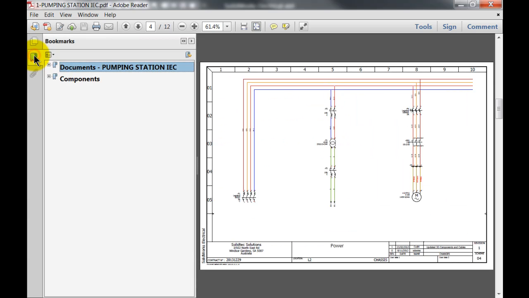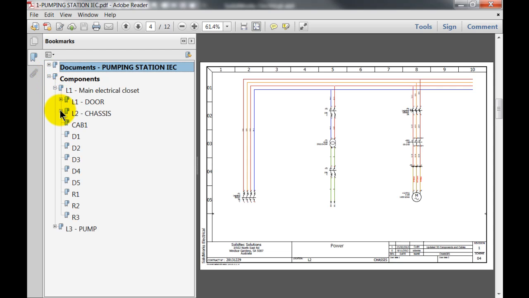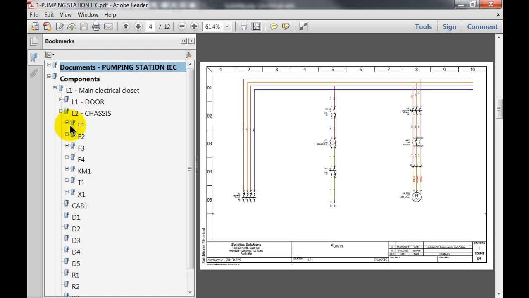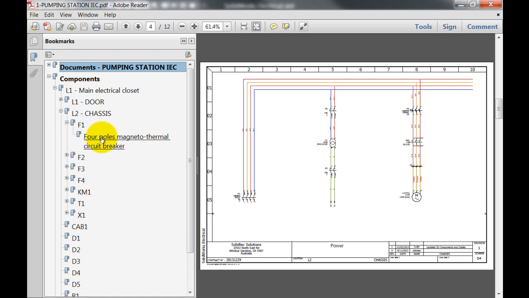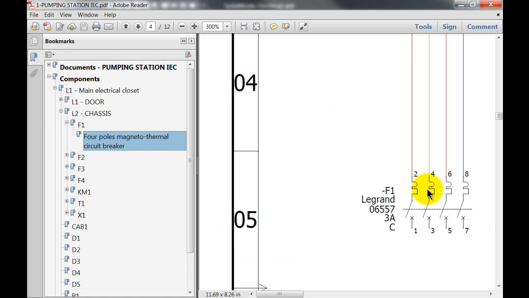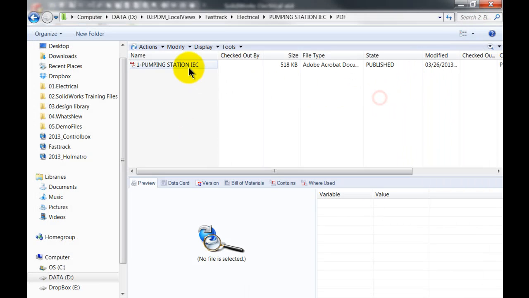And to check if the component tree has been exported as well, I can actually just look at all the different components in here. So if I go to my circuit breaker, I can simply select it and it will automatically jump to that circuit breaker. There is a separate video on this on our web blog as well. Okay, so if I look over here,